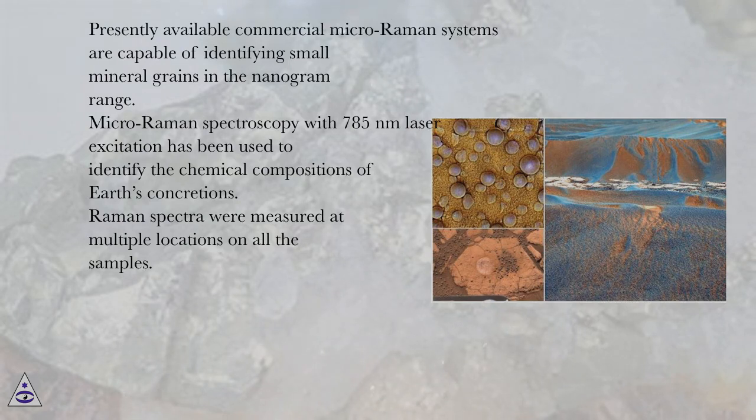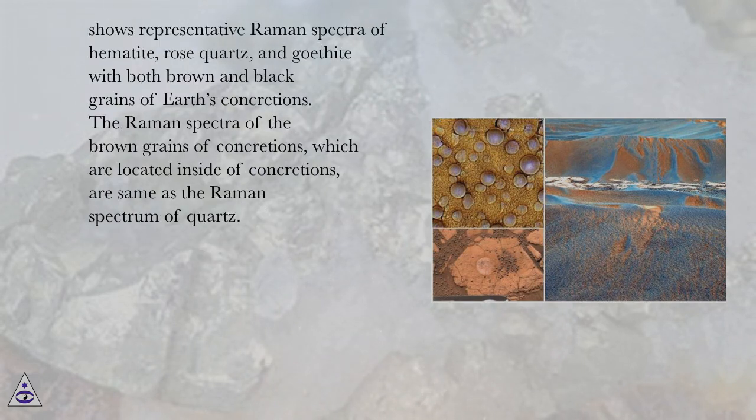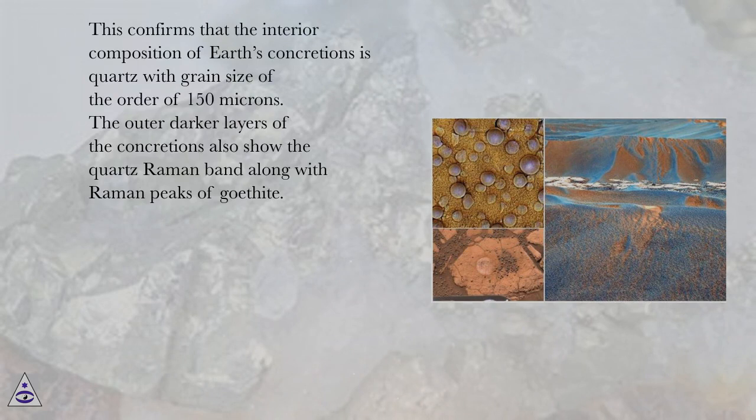Microraman spectroscopy with 785 nanometers laser excitation has been used to identify the chemical compositions of Earth's concretions. Raman spectra were measured at multiple locations on all the samples. The figure shows representative Raman spectra of hematite, rose quartz, and goethite with both brown and black grains of Earth's concretions. The Raman spectra of the brown grains of concretions, which are located inside of concretions, are the same as the Raman spectrum of quartz. This confirms that the interior composition of Earth's concretions is quartz with grain size of the order